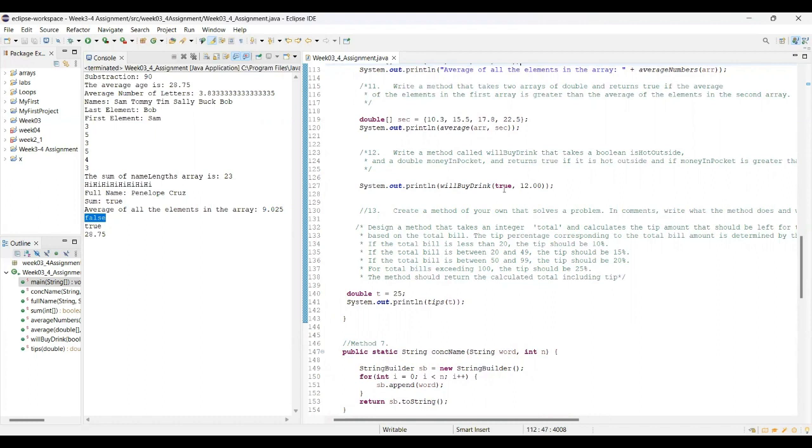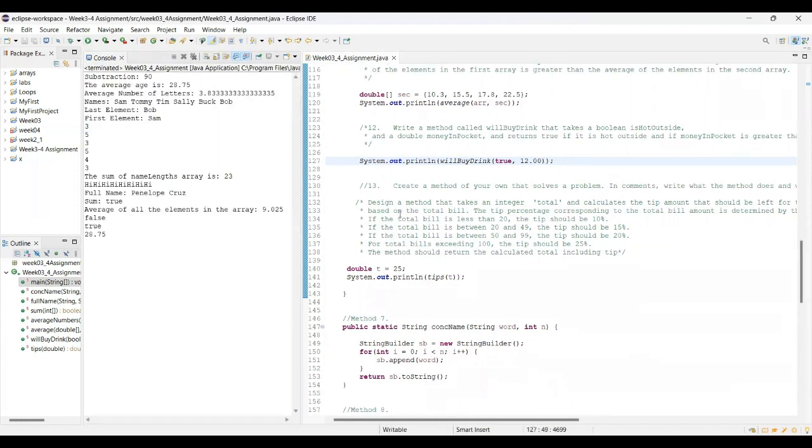So in this case, it's hot outside. Yes, it is true. And I have 12 in pocket, so it's going to be true. But if it's not hot outside, so if we change this to false, here it should be false. And the last one,